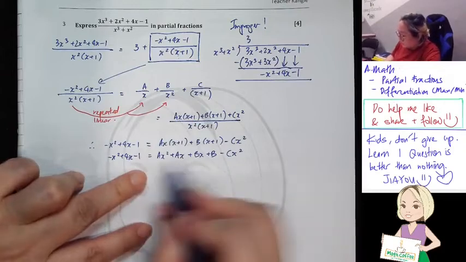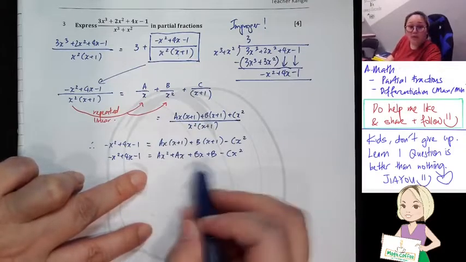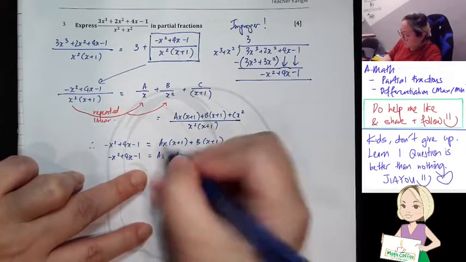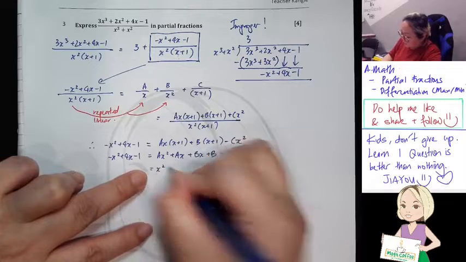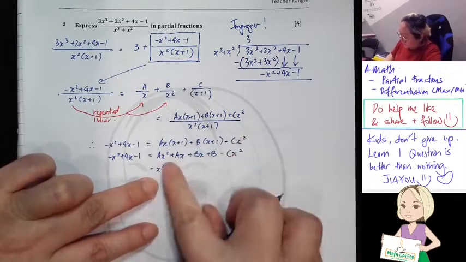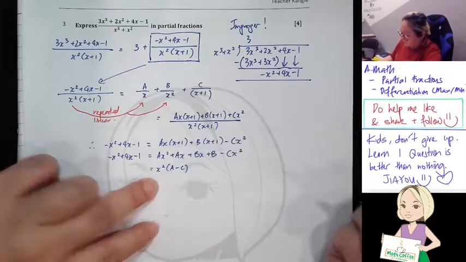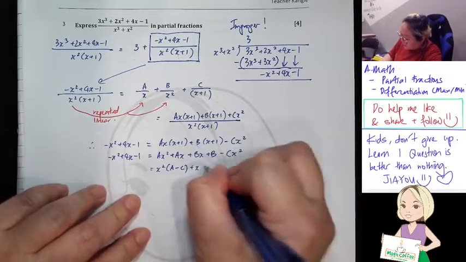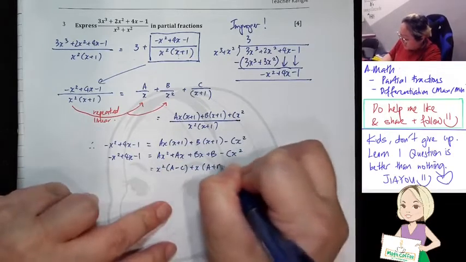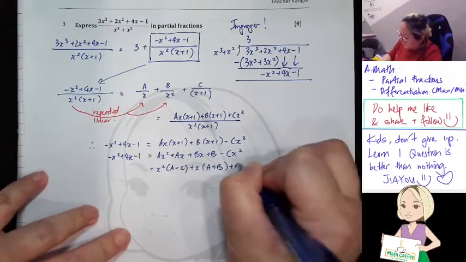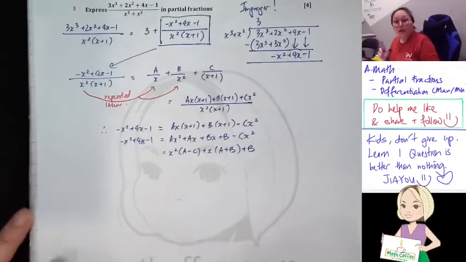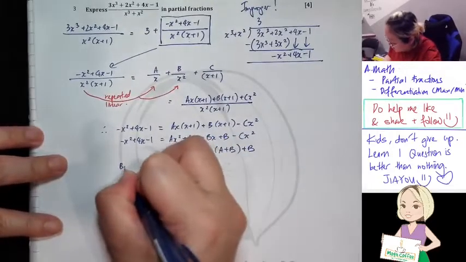So what I want you to do is group them in terms of x squared, x, and constant. If I take out common factor x squared, I actually have a minus c. Then take out x, I have a plus b. And lastly, plus b. So now you will say, by comparing the coefficient,